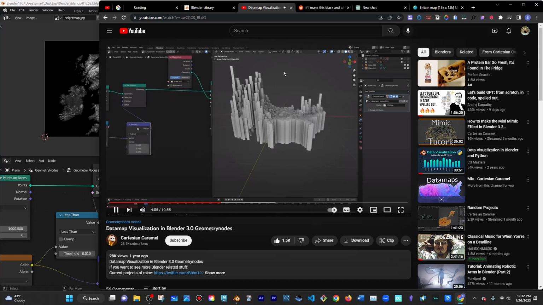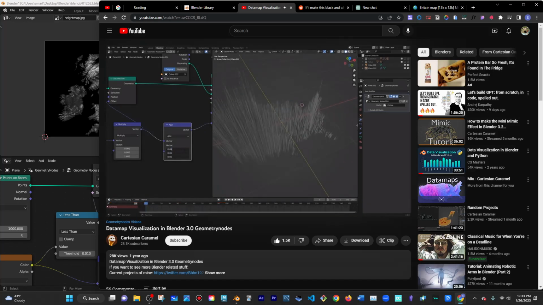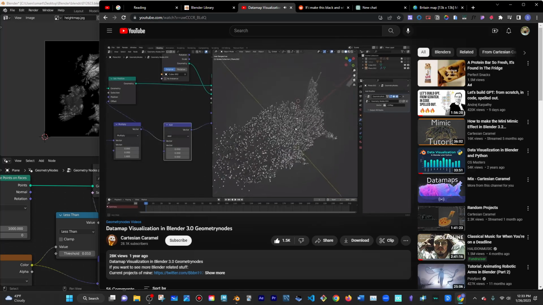Well, to do that, we could use this multiply node, put it in here, and we need to add a little bit in here so that it doesn't just scale to 0 on the z-axis. As we can see here, if we set this to something like 0.5, then we got the